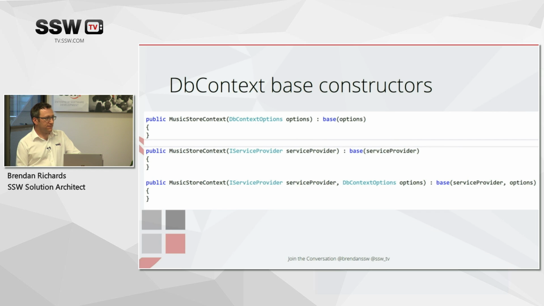So the DbContext has a few new base constructors. The options one, which I've shown you. It's also got this new one here, which takes in an IServiceProvider. Now, if you remember the Startup.cs, that contains a function that registers services. IServiceProvider is pretty much the entry point for the new built-in dependency injection stuff. That is a system that you register services against and then pull them back out again. I'll show you that a bit more.